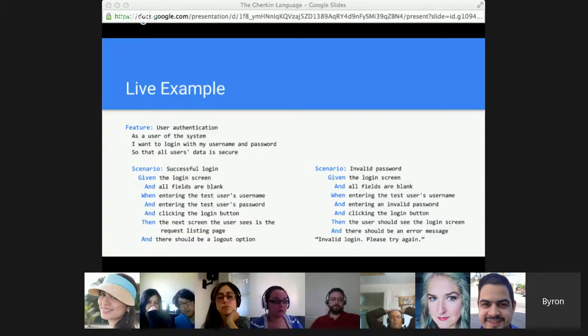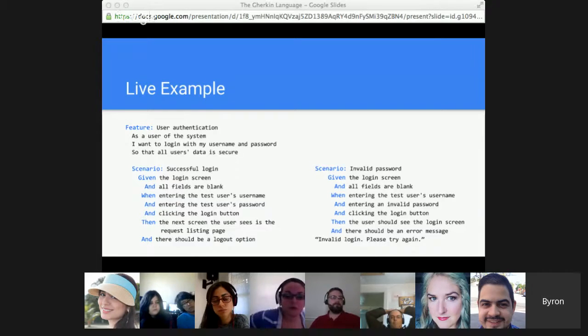Okay. And then your then is not going to be what page they went to. In your plain English as a PO or a BA, it's just going to be then they should see a tooltip that says the email address is not formed correctly. As easy as that. Then the developer or the QA engineer who's going to actually add the step is the one that has to be concerned with how to actually implement that. But you're not concerned with that.